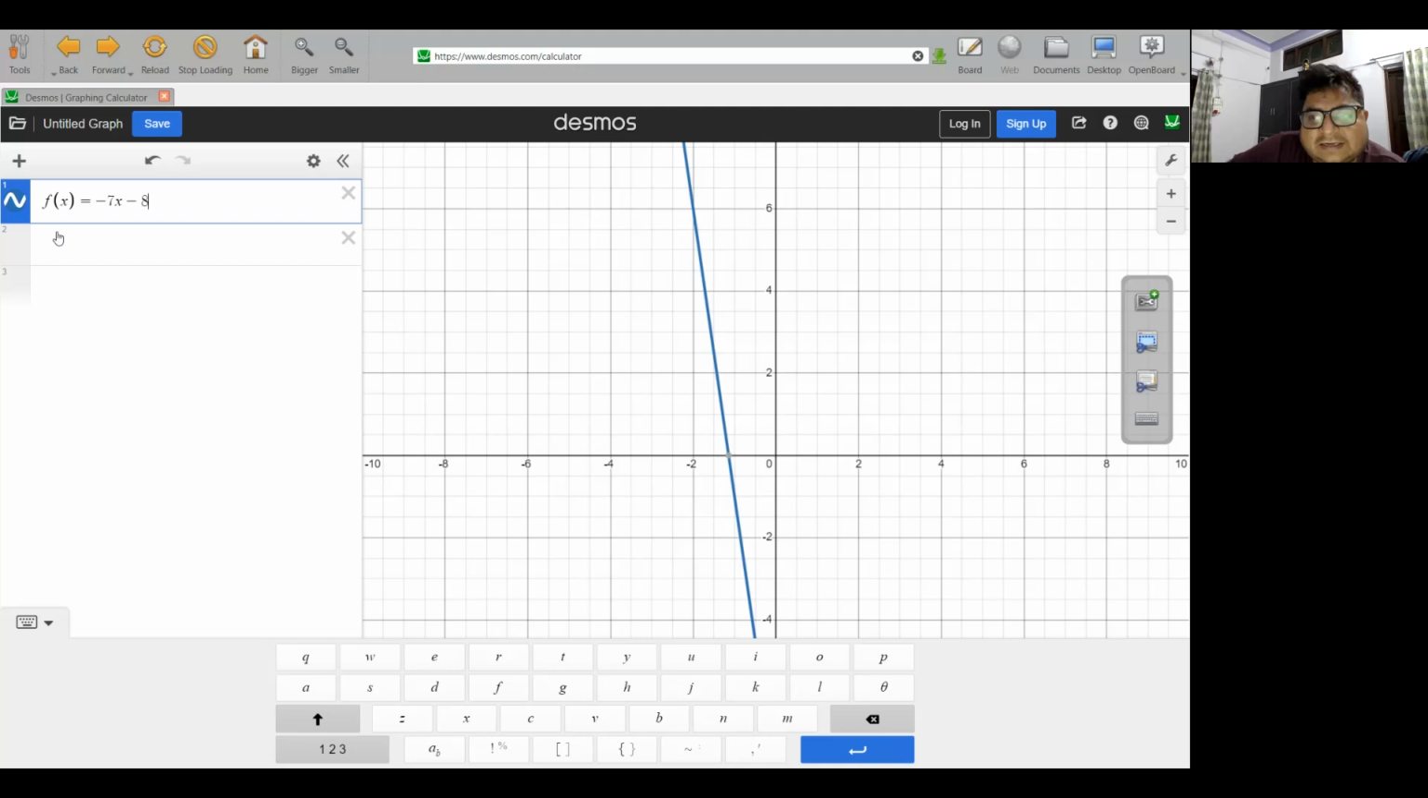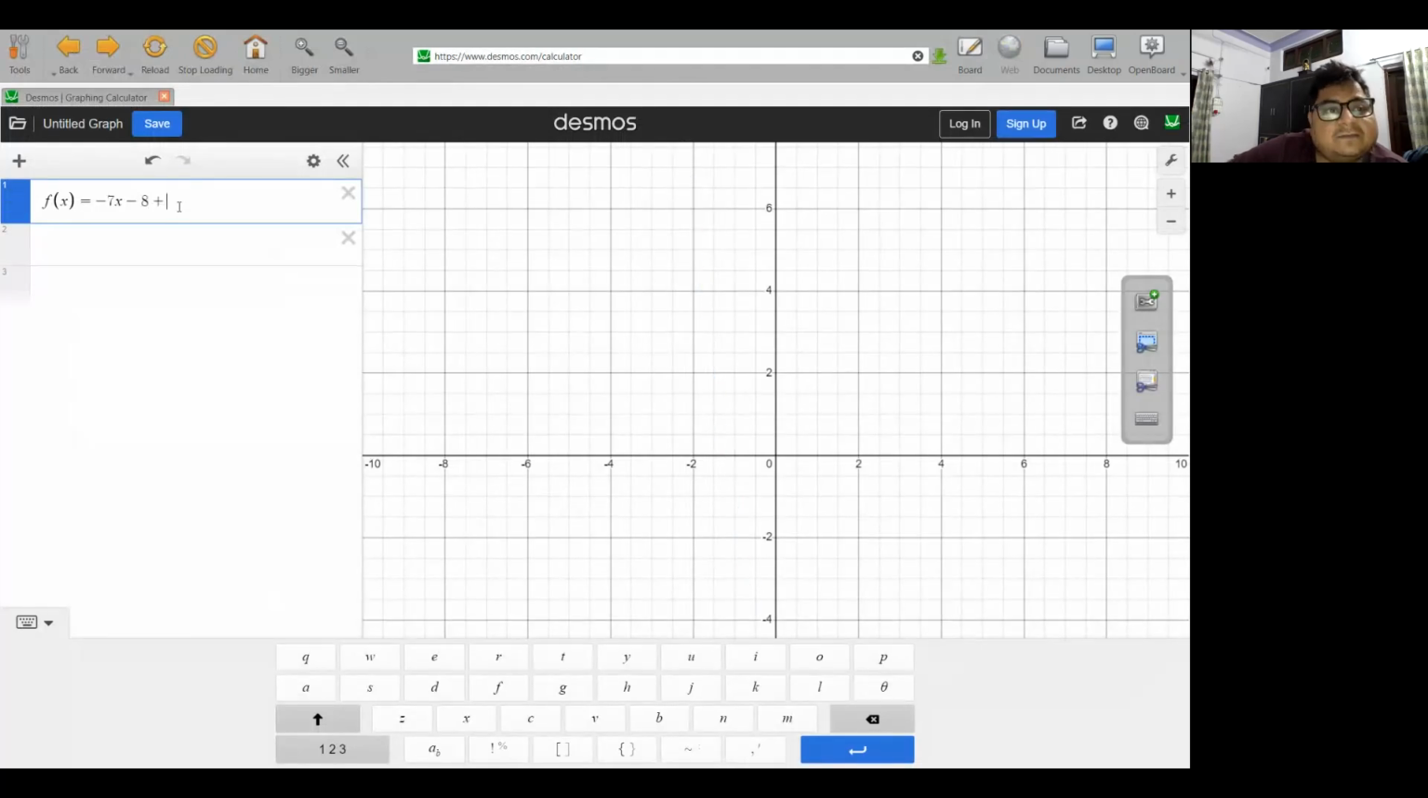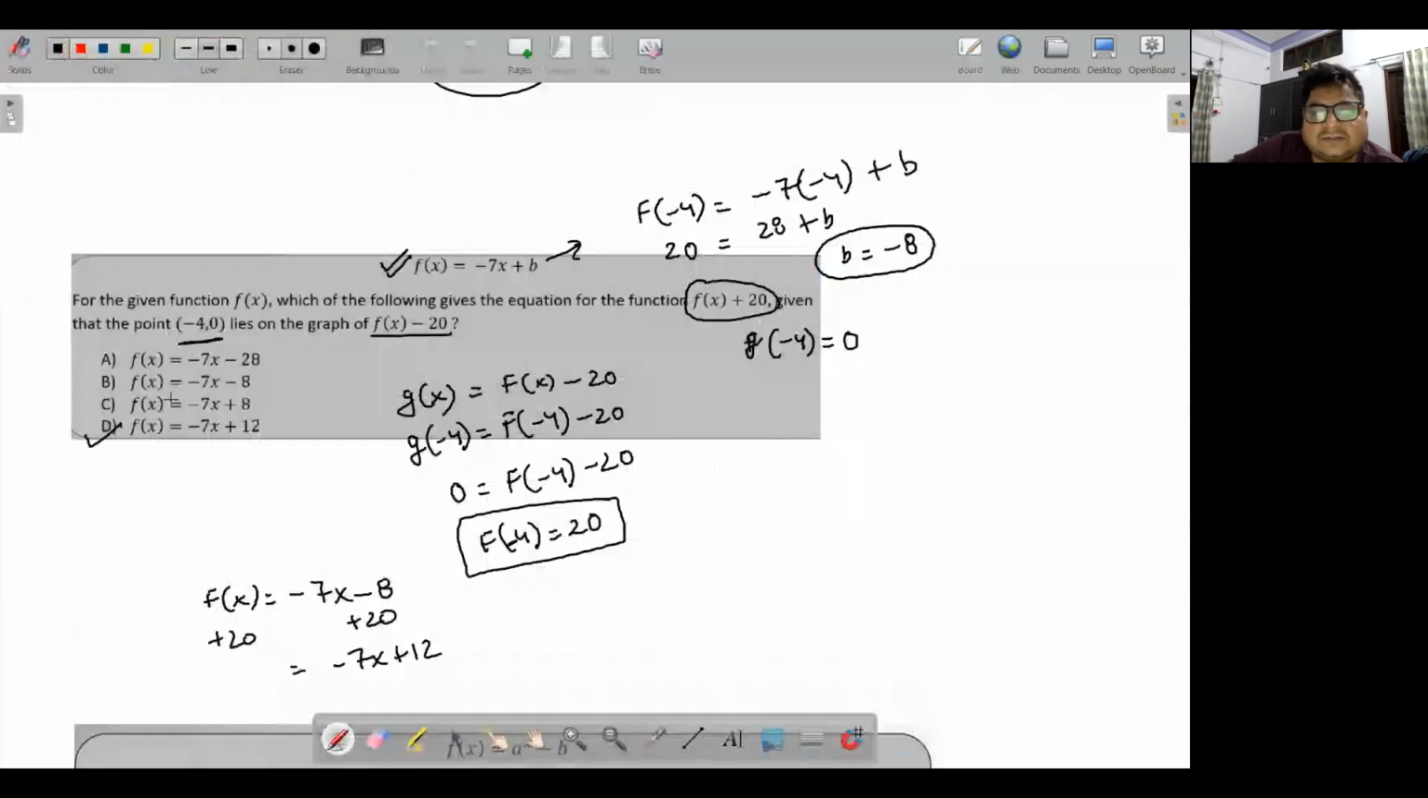Now what they are asking for is f of x plus 20. So you need to add plus 20. If you add plus 20, minus 8 plus 20 will give you 12. So minus 7x plus 12 will be the answer, which is option